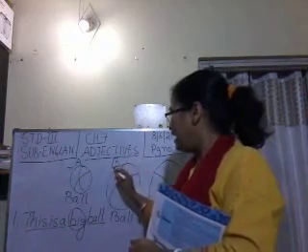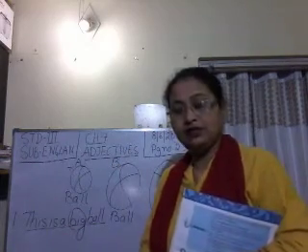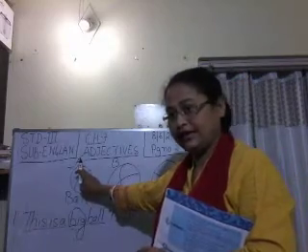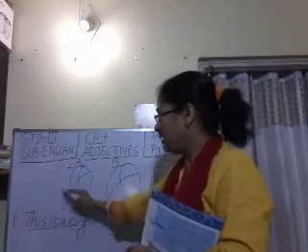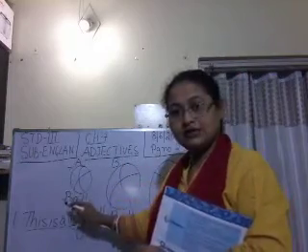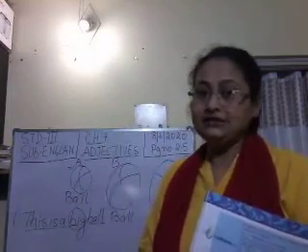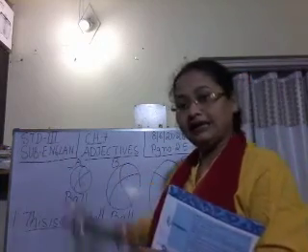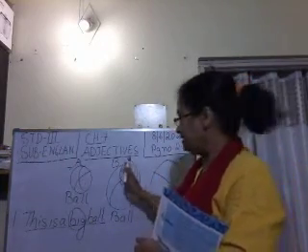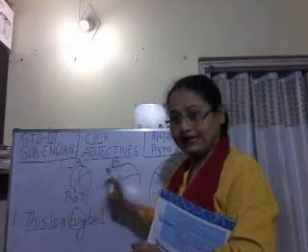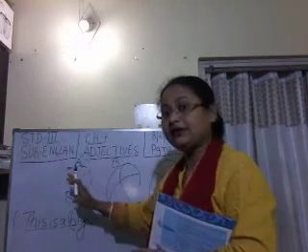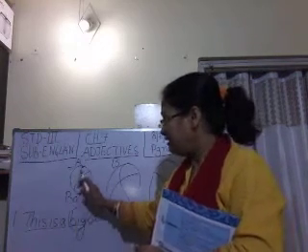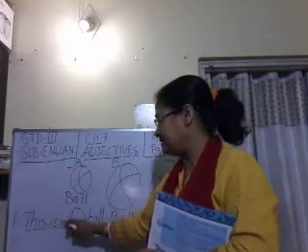Now I have got one more ball that is bigger than this one. This is ball A. This is ball B. So now we have how many balls? 2 balls. Now when we compare the balls, then what we will say? Ball B is bigger than ball A. Now what we are doing? We are comparing the 2 balls. Okay, fine.